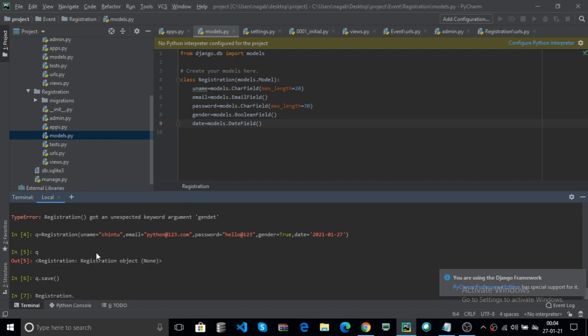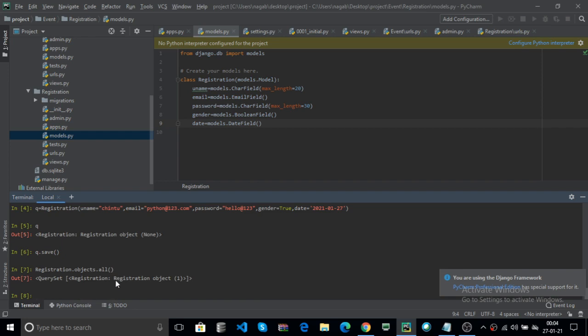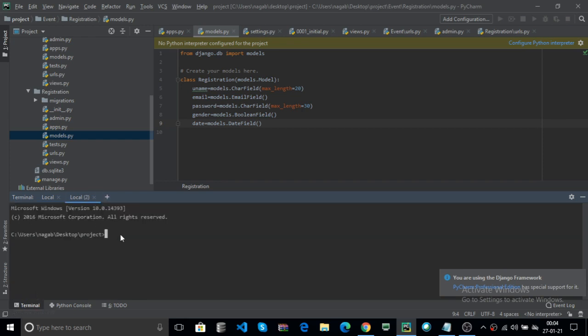Now you can check Registration.objects.all(). Here it returns the query set along with one object, Registration object 1. Now you can check in your admin whether the record is added or not.